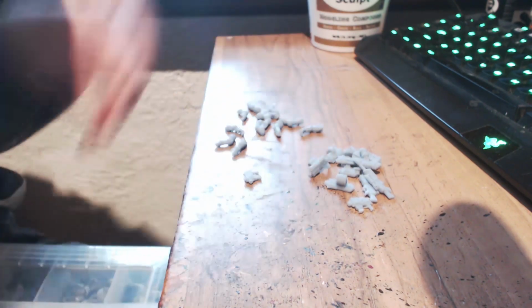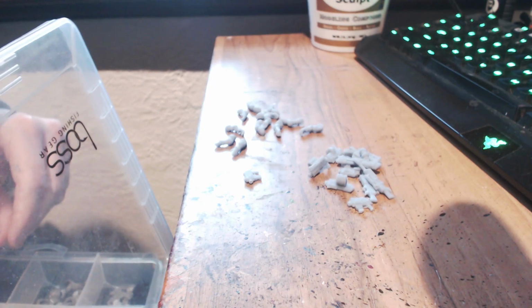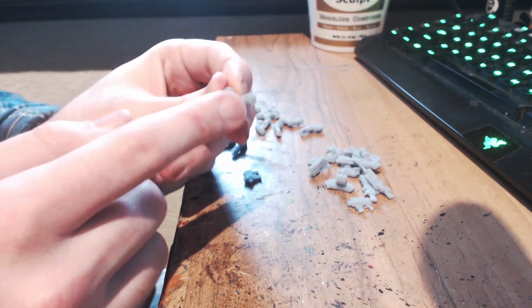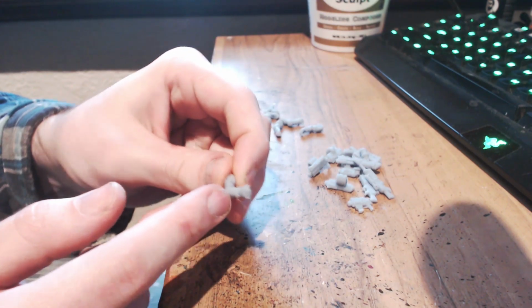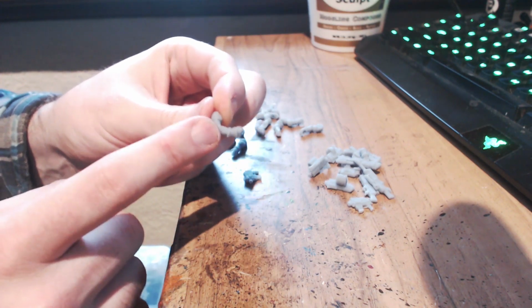Do I have any actual hands holding guns? Yes, but I put it in the wrong box. Alright, so here it is. The hand holding a gun, or just a handle really. But the idea behind this is, if you have gotten official Warhammer before, this is a tactic that they use so you can customize your models even further. So if I get a...